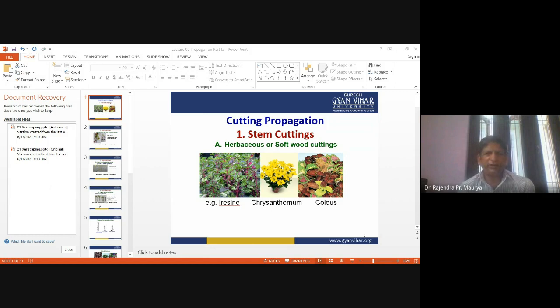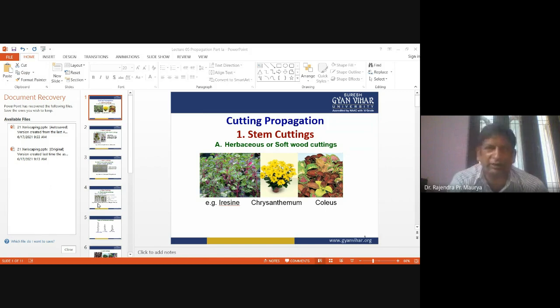And you know, we keep around 4 to 6 slightly dormant knots on the hardwood cuttings. The next important thing is we have to make long incisions on the bottom portion of the hardwood cuttings. We say wounding. That is the wounding. And after that, number three, a high concentration of IBA